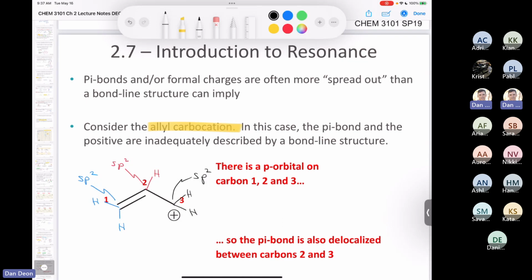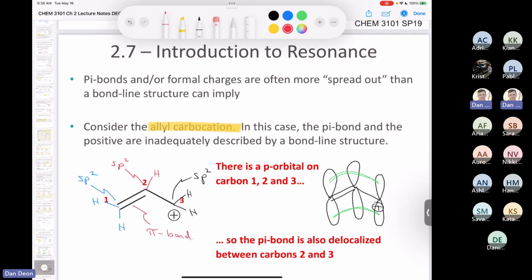So if I redraw the allyl carbocation here, like this, very carefully, what that means is I have a p orbital on this carbon because it's sp2. I have a p orbital on this carbon because it's sp2. And I have a p orbital on this carbon because it's sp2. Now, since I have 3 p orbitals in a row, they can all overlap with one another. And that creates like a tunnel or a conduit where the pi electrons, because these are in a pi bond, therefore they're pi electrons,